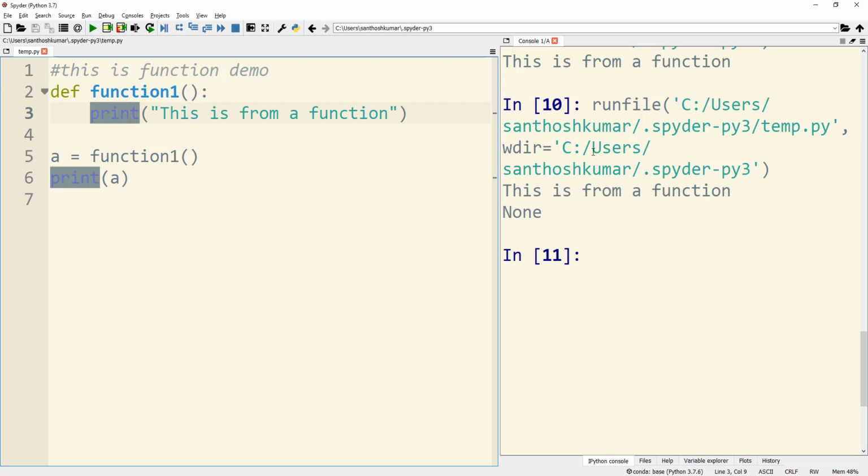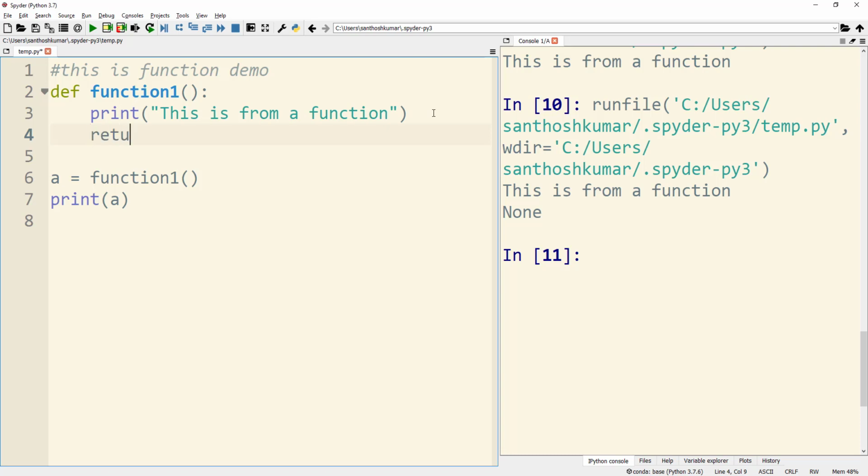One is this is from a function, which is printed from the print statement in line number 3, inside the function, and then None is printed from line number 6, which is outside the function. Because there is no return statement in the function, by default it returns the value None. So that's what is printed as part of line number 6.